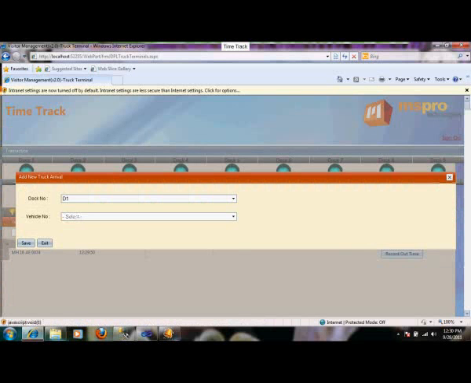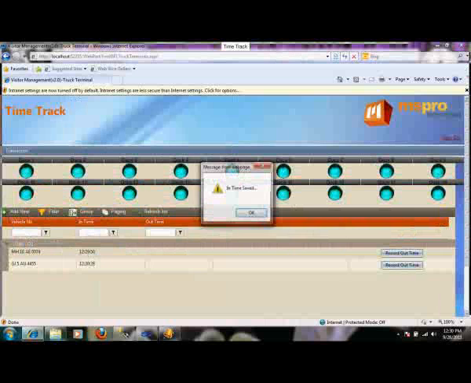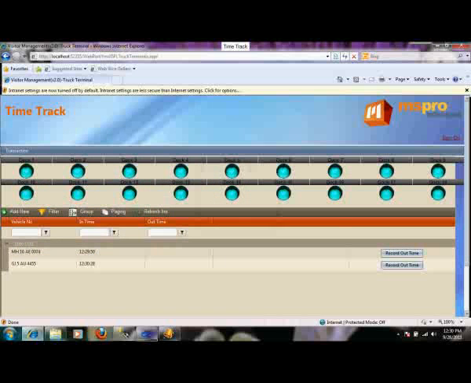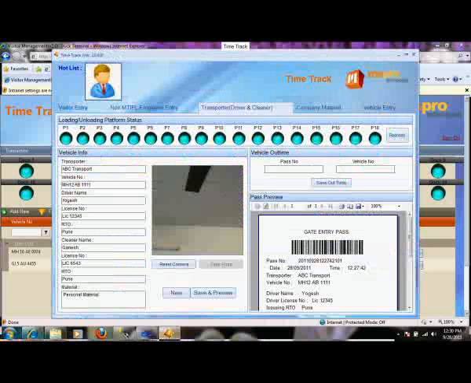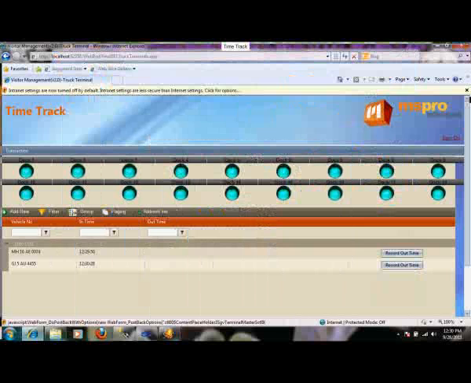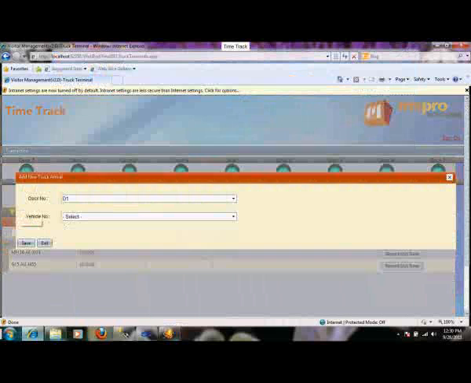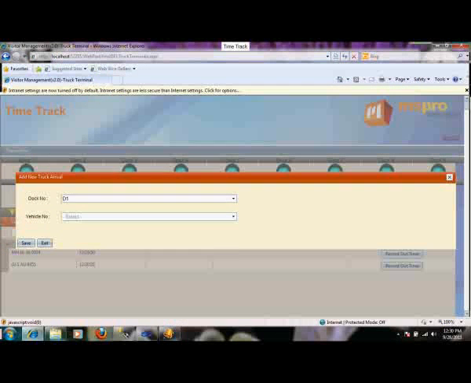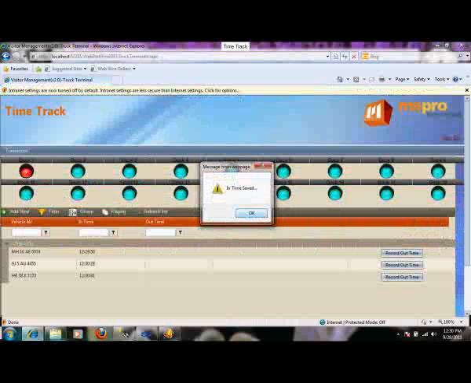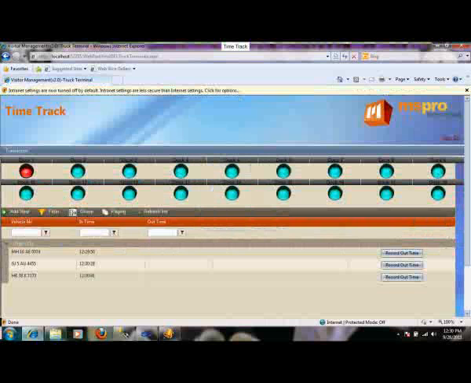It's a parameter, so you can have 1, 2, 3, 4, any number of vacant places configured for individual platforms. So let's say again I click on add new truck, I select some random number, I say save. So it's saved. Still it's not changed to red, so I again go and add new.